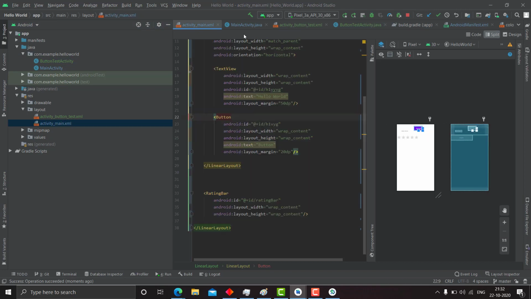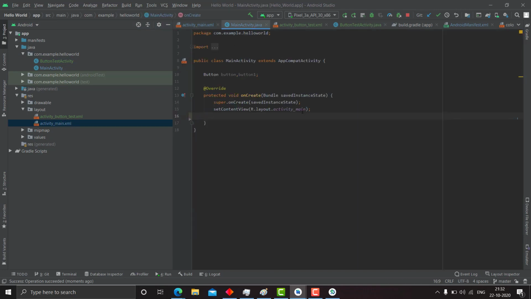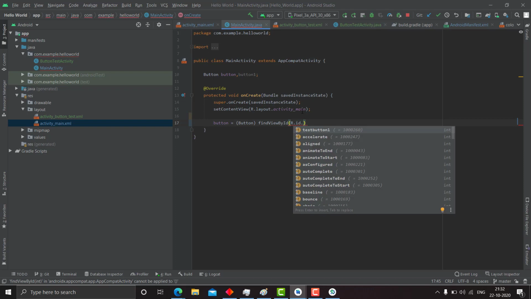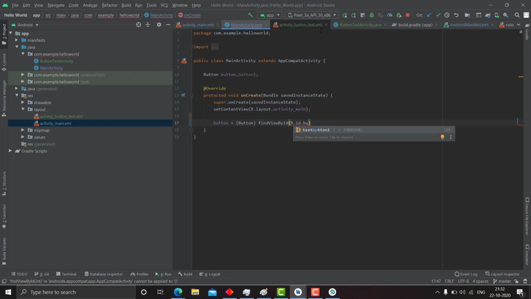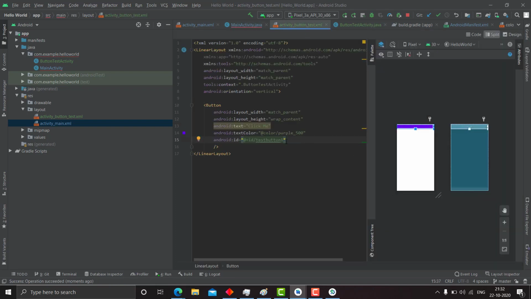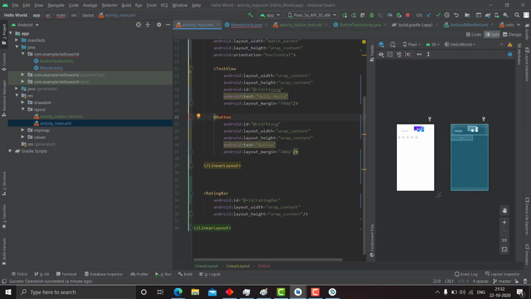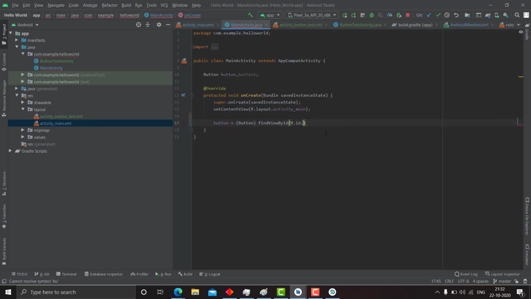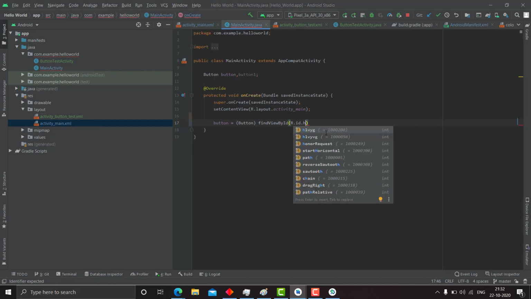Let's map this to Button button = findViewById(R.id.), what is the id of that? Usually you need to create IDs such that you remember them, but fine.